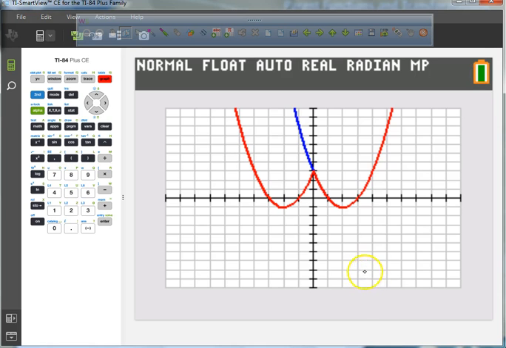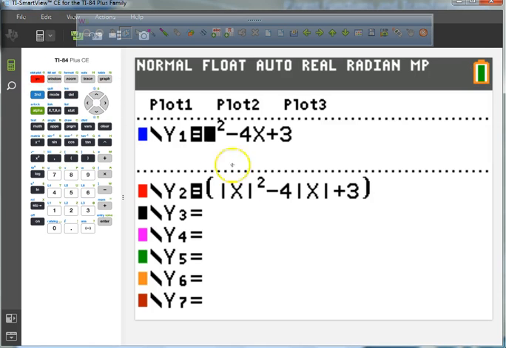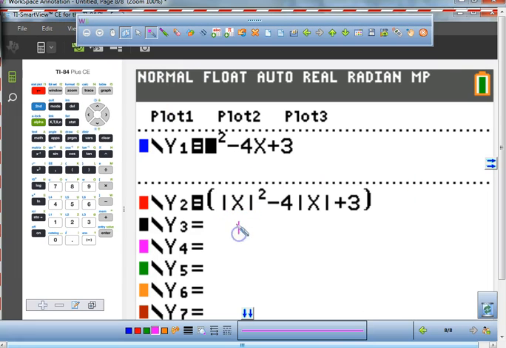Sweet. It worked. So right here, when you take the absolute value of each value for x,